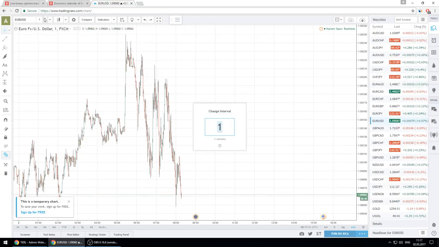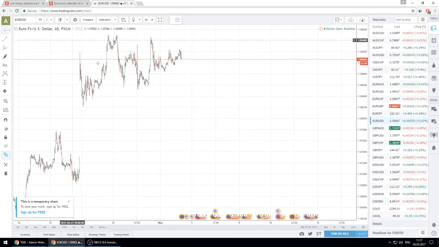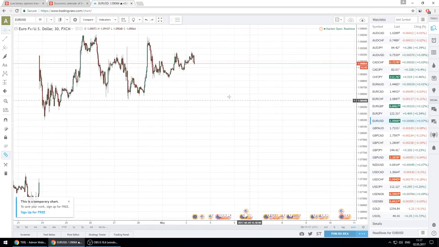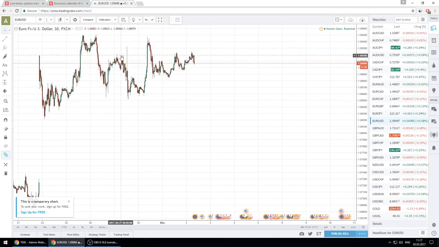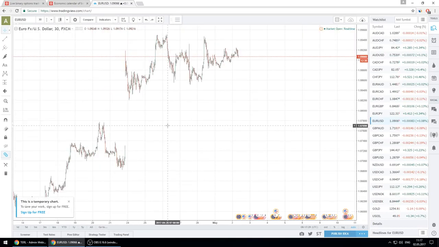When it's deals for at least 30 minutes, it's much easier to make a really correct prediction about the further direction. 1 hour, 4 hour, even several weeks, it's much easier to predict than 1 minute. So I believe for these short time frames, only those traders are trading who wanted to get rich really fast.